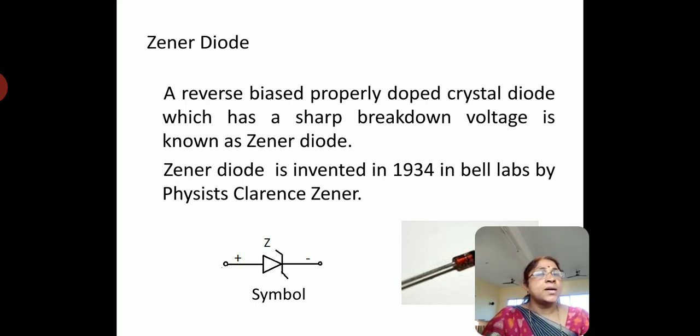Symbolically, it is represented as shown in this figure. It is the same as that of a diode, but the line in front of the P-type semiconductor is in a Z shape.